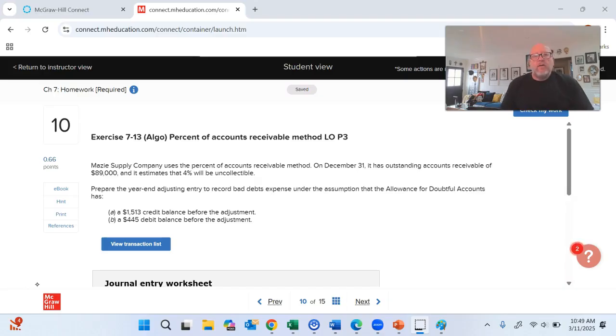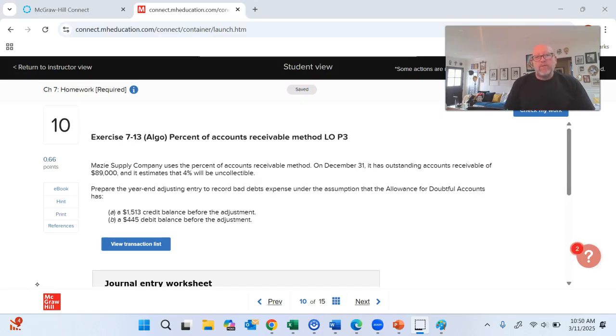Okay, so Mazzy Supply Company uses the percent of accounts receivable method on December 31st. It has outstanding accounts receivable of 89,000, and it estimates that it will not be collecting 4%. Prepare the year-end adjusting entry to record bad debt expense under the assumption that the allowance for doubtful accounts has